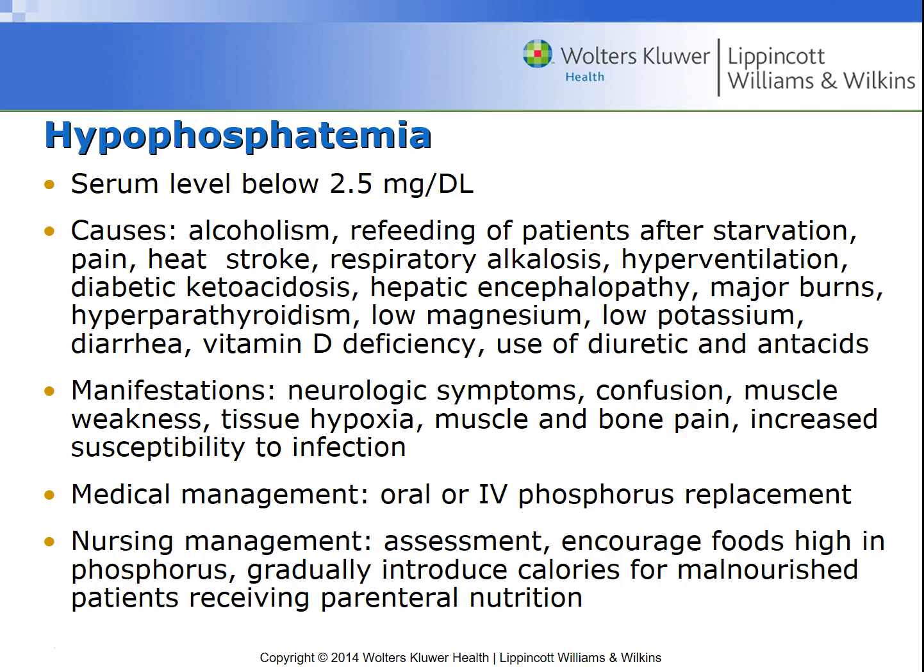So basically it sounds like anything could cause it, and I think the medical management is oral or IV phosphorus replacement. So that sounds pretty simple. You're always going to assess your patient, encourage foods high in phosphorus, and gradually introduce calories for malnourished patients receiving parenteral nutrition. I think the reason why they bring up the idea of